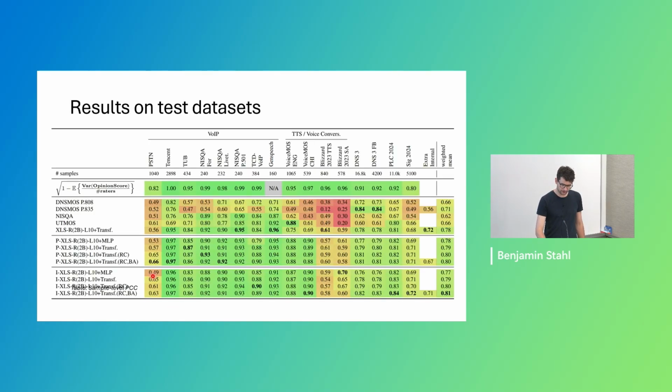So here are the results. As can be seen, the weighted mean is 0.78 for the Pearson correlation coefficient for the original model, and with including all the data and all the internal data, I could bring it up to 0.81 with a model that had the same architecture but used this bias-aware training and random cropping.